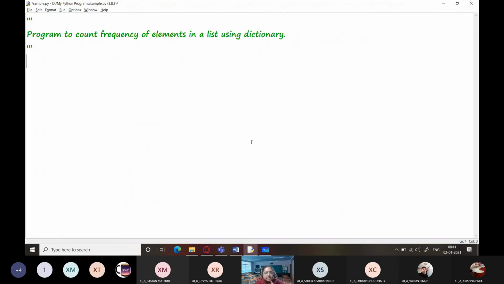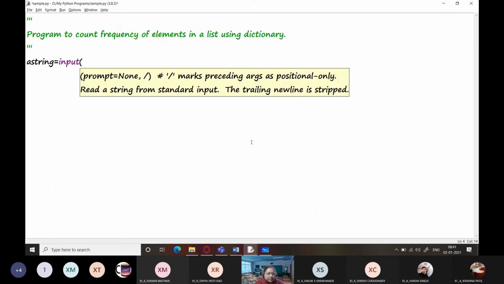Now, in order to create a list of values, first let me take a string, which should contain any string, or let me ask the string from the user. Enter a string.